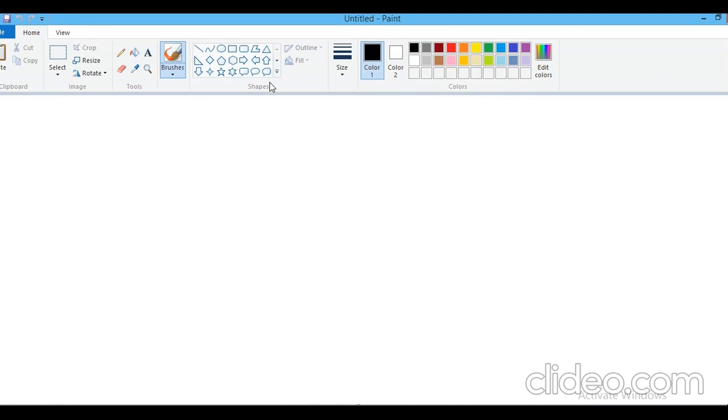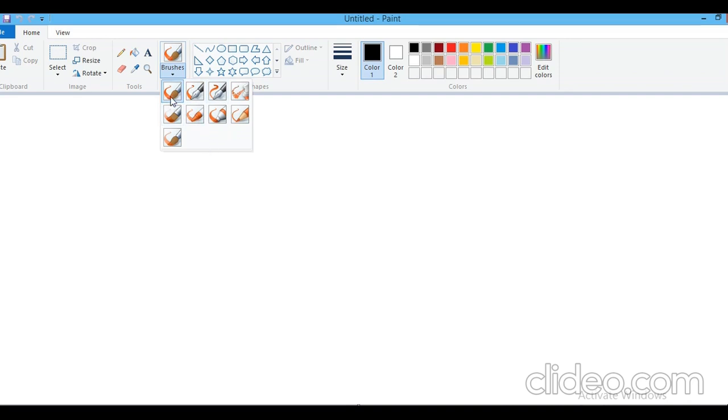Now next here, brushes, I said, we start with the brushes. The brush tool works like the painting brush you use to paint on your drawing sheet. As you color on your drawing sheet with the help of colors or brushes, in the same way, if you want to fill color or draw in the drawing area in Paint, for that we are using different brushes. Different brushes are given over there, with different brush sizes also given over there.